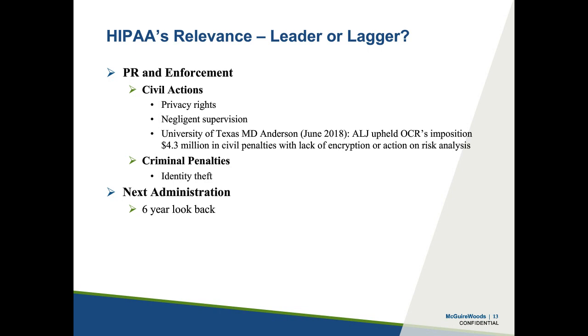In terms of civil actions, there's a broad range of different enforcement actions that can occur: just a complaint that ends up being dismissed, a resolution agreement, which is the settlement agreement with the government, additional monitoring of the settling party, and civil money penalties, which is kind of at the top tier level. There have not been that many cases of civil money penalties, but there is a recent case that is of interest here that involves the U.S. Department of Justice and Texas MD Anderson,